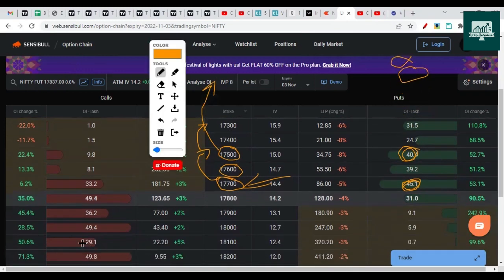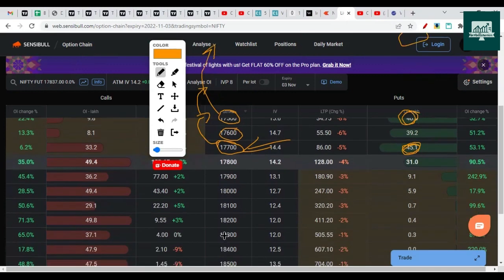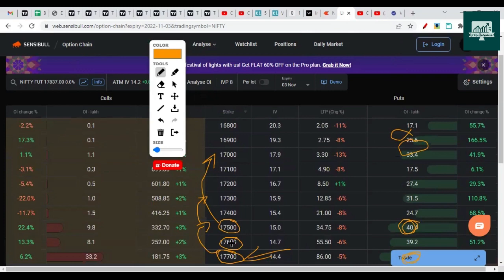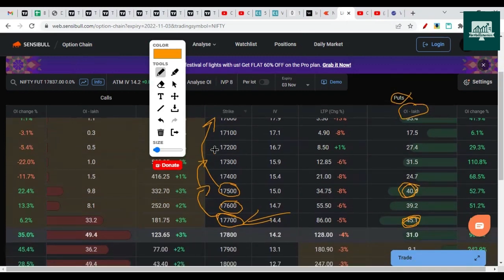17,700 to 18,000 as of now is the range. A break on either side will see a 200 point drop or rally. If 18,000 is broken by a big margin and it closes above 18,096, we can see 18,200 to 300. And if 17,700 is broken, we can see 17,500 minimum, then 17,300 and 17,000 are the ranges as per the option chain. So hope you understand the analysis and hope you like it.